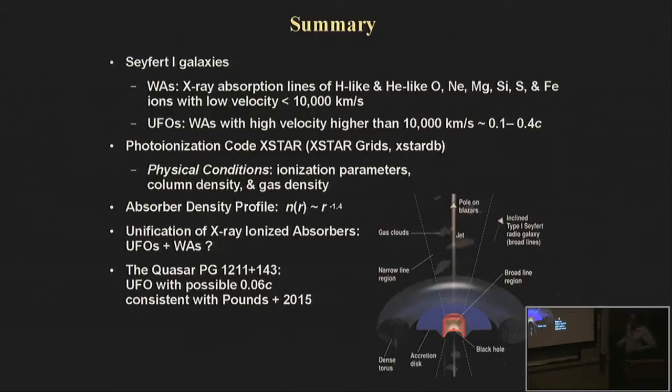In order to do photoionization modeling, we make a grid of photoionization models, and we fit these models to the spectrum to find the best ionization parameter and column density. And using this method, we can determine, if there is any unification of ionized absorbers, what the density profile of this ionized absorber is. And I also present the latest result of our Chandra grating observation, which suggested that there